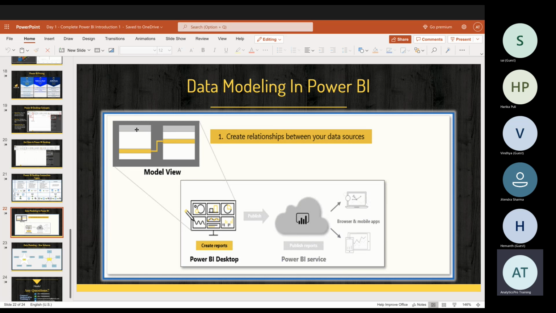So let us suppose, for example, in my table 1, let's think about your Amazon order. What happens as soon as you place an order? You will receive an order ID. Why is it that you need an order ID? To track your order. Okay. But what is it exactly that is happening in the backend?